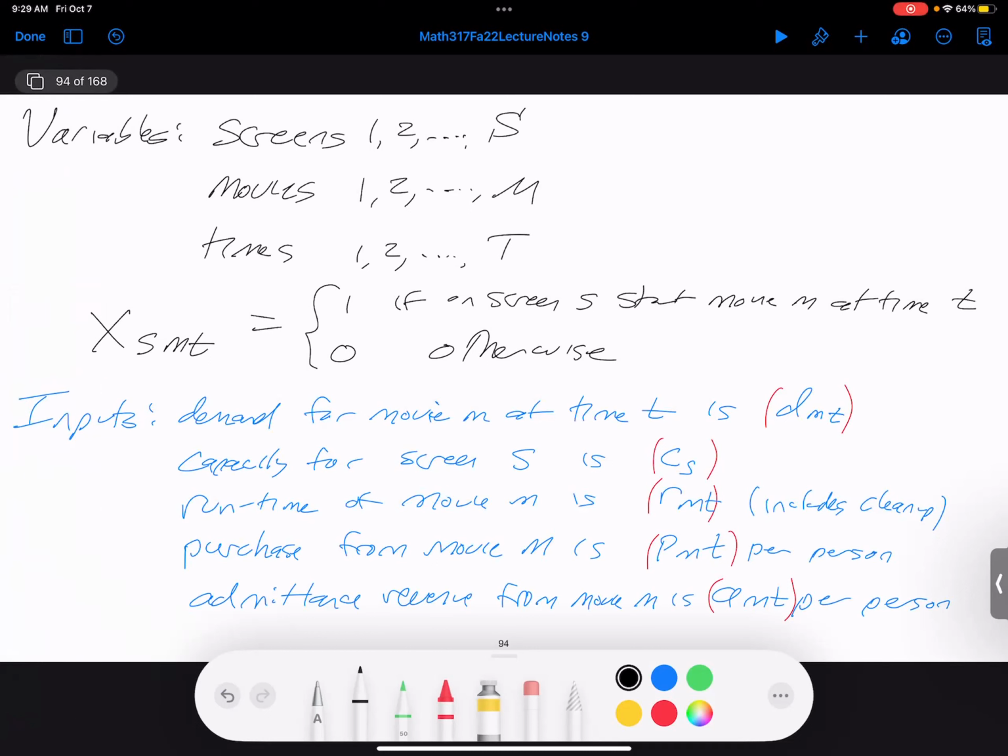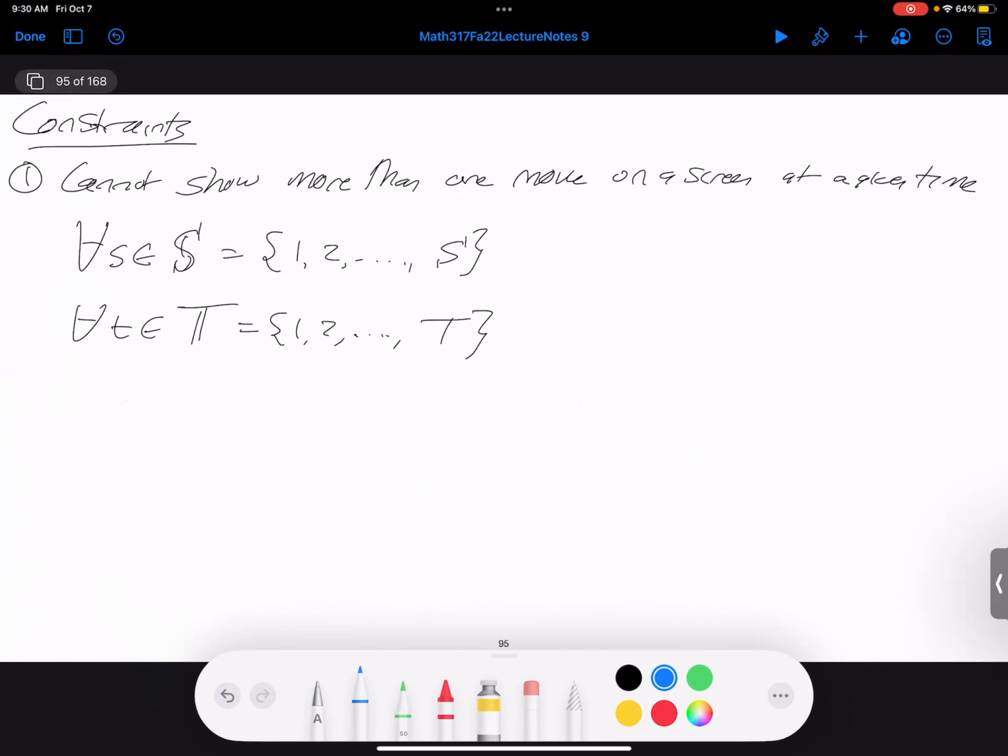So let's make things simpler, and just assume for now that the runtime only depends on the movie, that it doesn't depend on time of day. Again, you can easily handle stuff like this, but let's just try to keep it a little bit cleaner. So if I want the movie to be playing at a certain time, I look for every movie. So M goes from 1 to M. I know the screen and I know the time. And then I would look at a sum. Tau goes from 0 to,